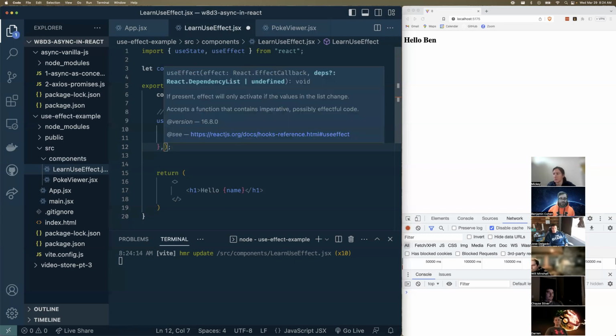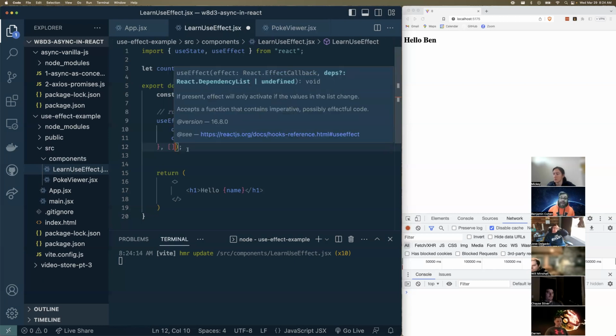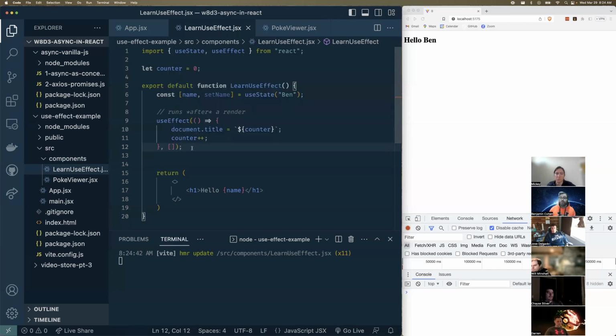Basically, I'm trying to lead up to teaching you this thing called a dependency list. So here's a dependency list. We're going to give it an empty dependency list. Before, we had no dependency list. What does it mean when you give something an empty dependency list? It means it runs exactly once after the first render. So what does that mean? That means if I were to speak to an API, let's say, or in this case, if I wanted to set the document's title to something,